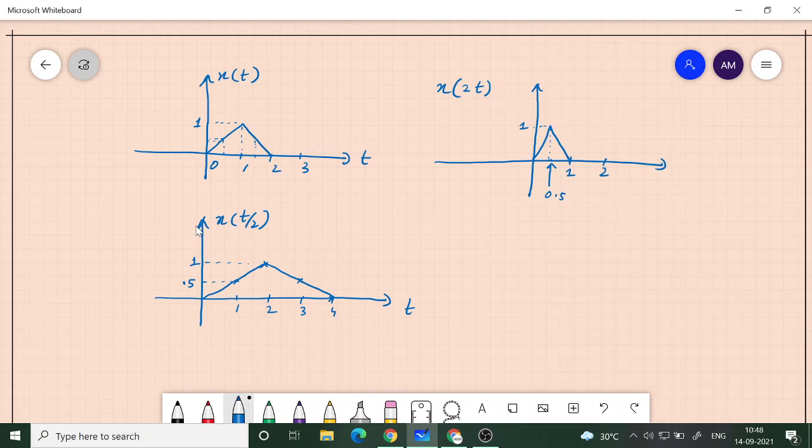Is that clear now? So when time is equal to 4, if t is equal to 4, then the expression is x of 2. And what is x of 2? x of 2 is to be found from this graph, right? Yes, sir. That is 0. So at 4 I have to put 0.